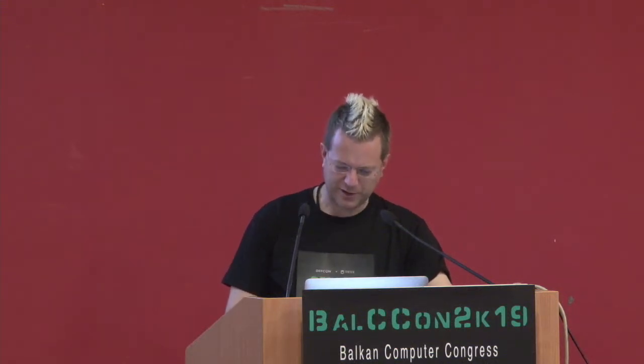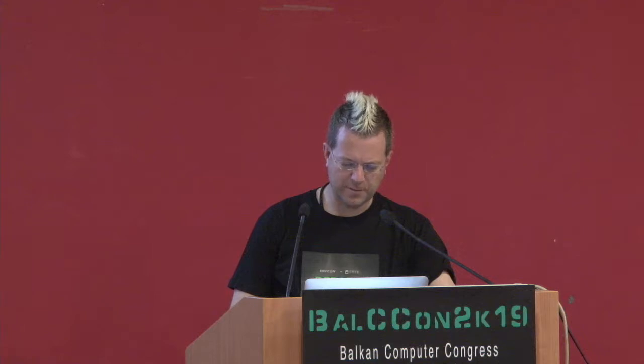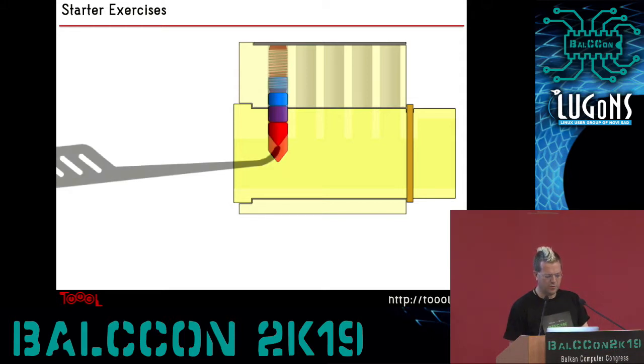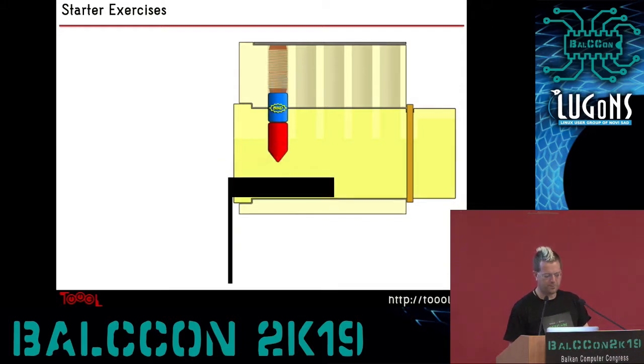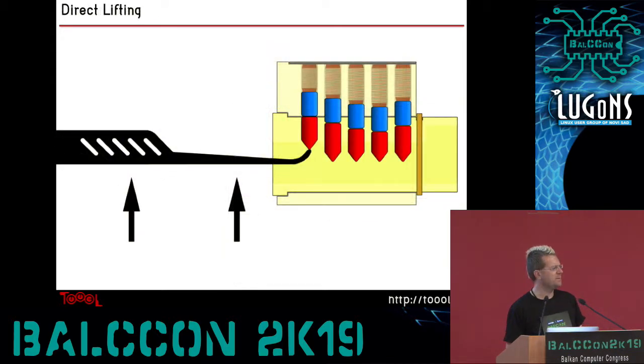They tell you which is the front and the back. And on those practice locks, either direction will work. So when you're getting started, and again, hopefully we'll have some stuff set up outside after this, practice lifting a pin with the pick, practice tensioning the lock and getting pins to bind,